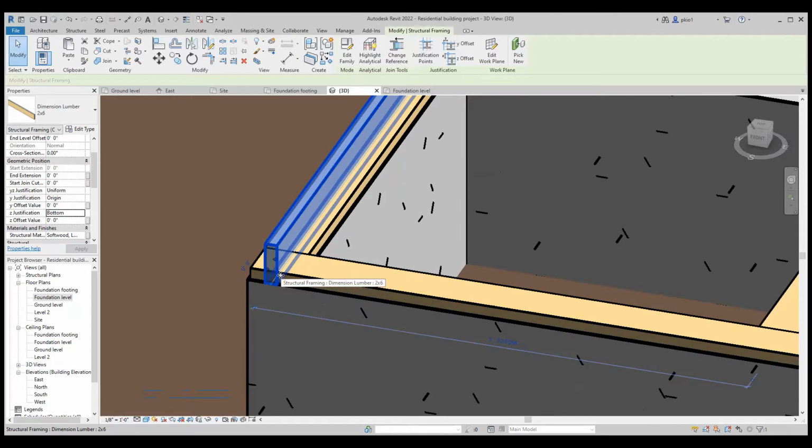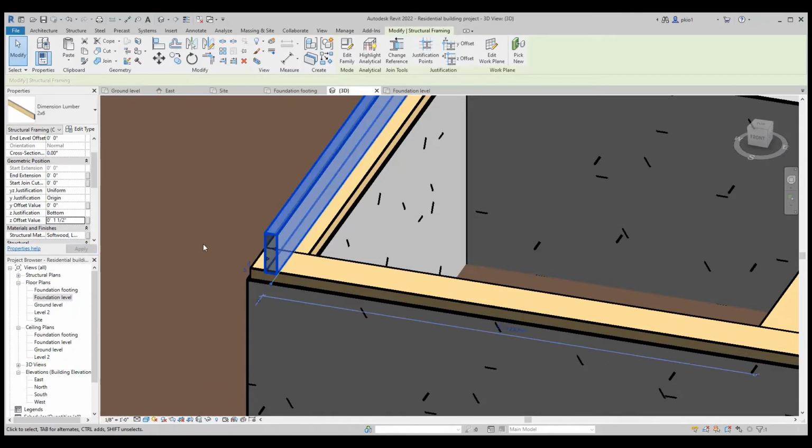And at this level, we need to put an offset value of 0, 1.5 so that it sits on the sill plate. So we'll come to the Z offset value and put here 0, 1, space, half, and apply. And that way we see that it's sitting on the edge.